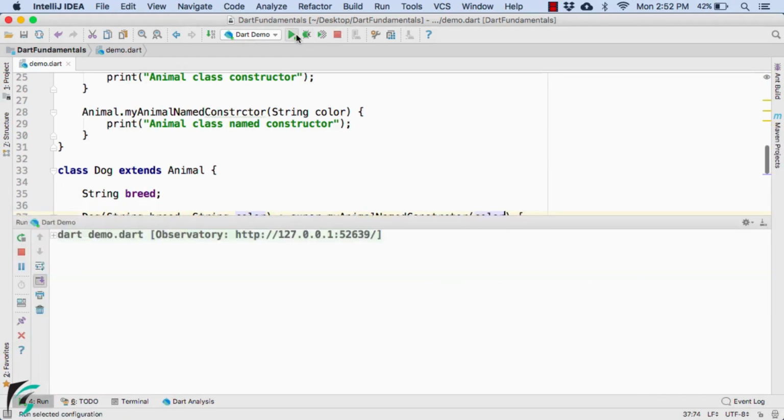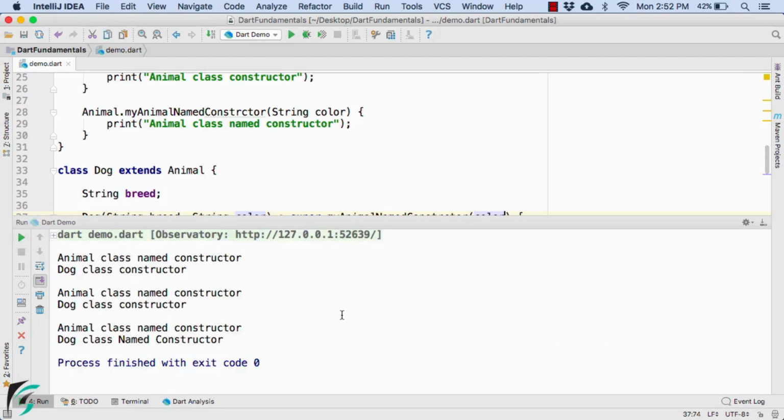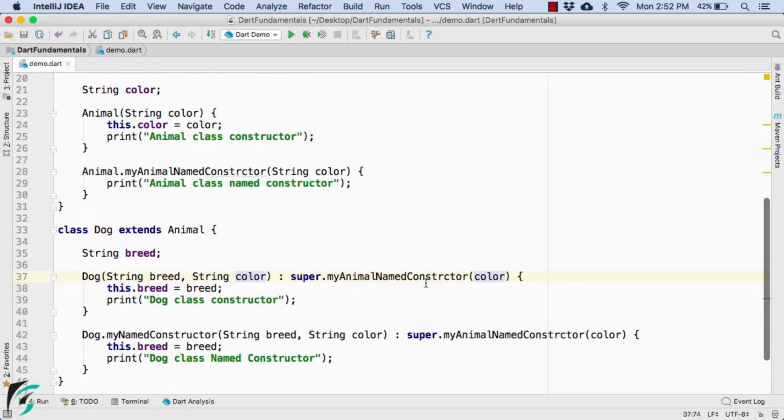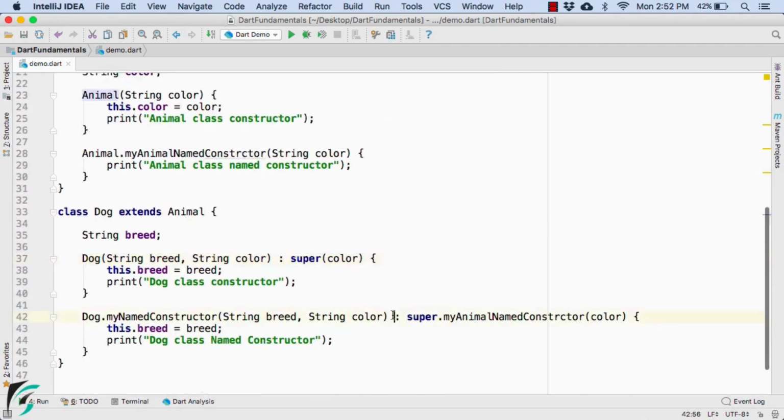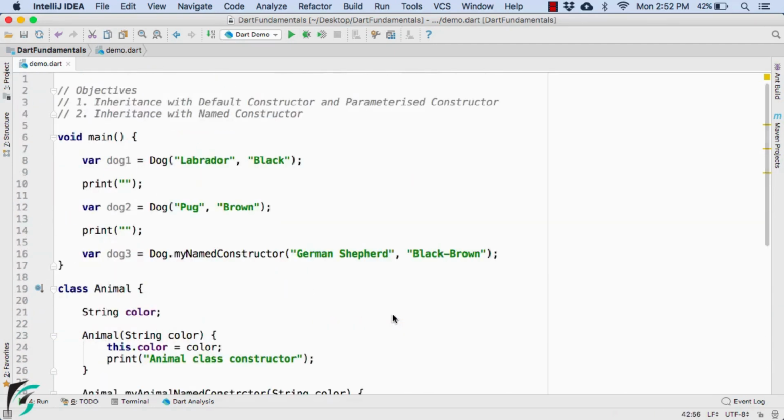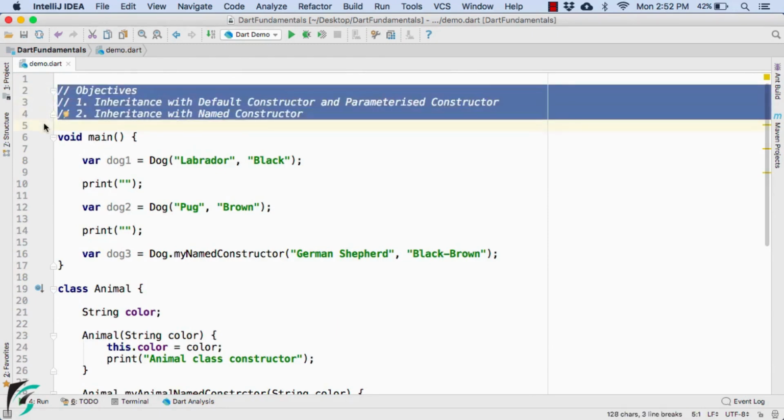Launch the application, and there we go, we are getting the same output, just that our values are now being initialized by these color parameters within our named constructor of Animal, like this. Just for the sake of better understanding, here let us use our superclass parameterized constructor, and in this case we are calling the named constructor.